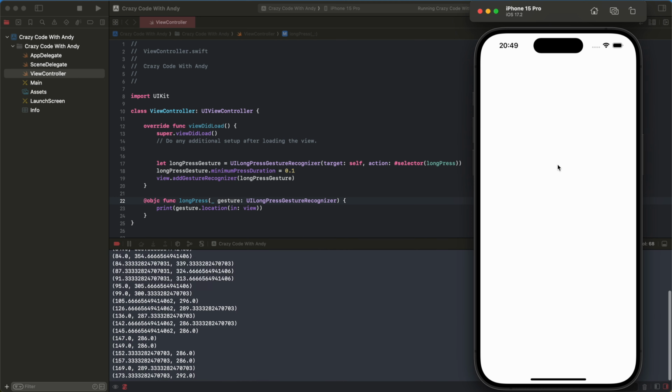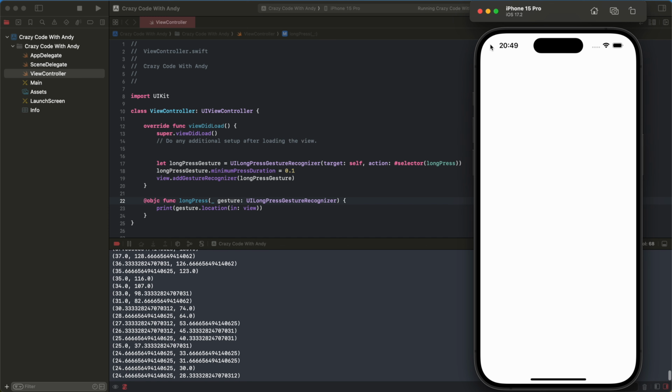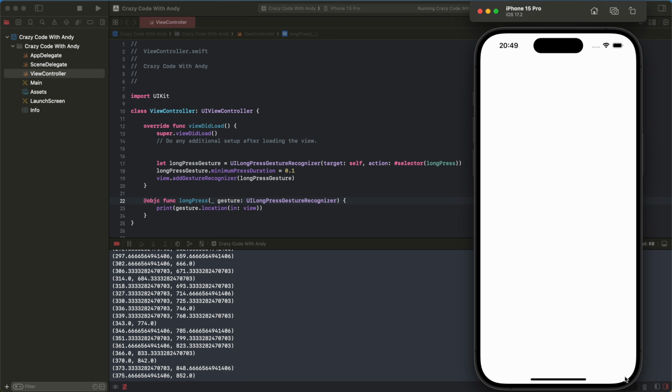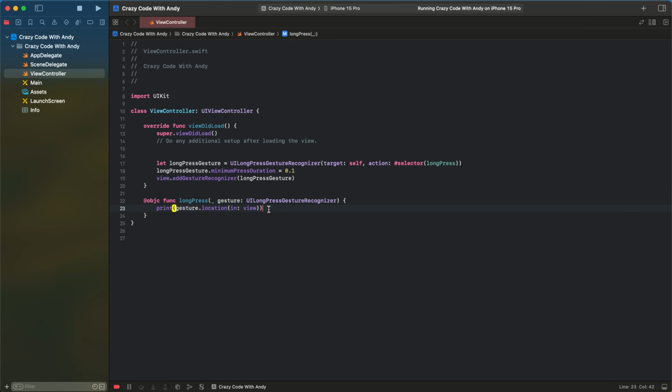In the debug area, every cursor point in our main view is shown, from the 0 point to our max width and height point. So for every point, I will be adding